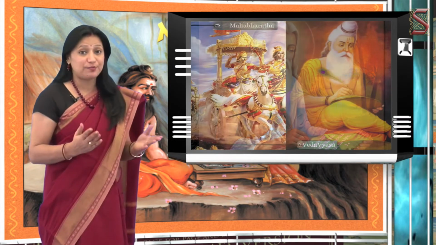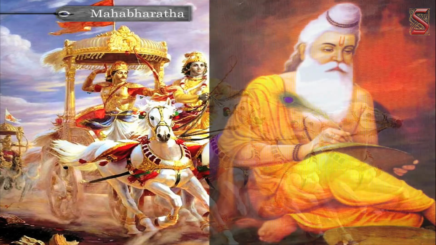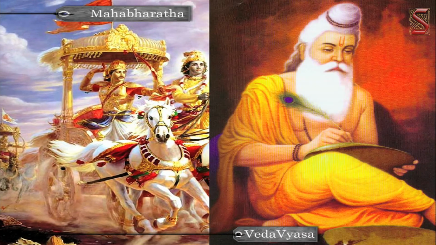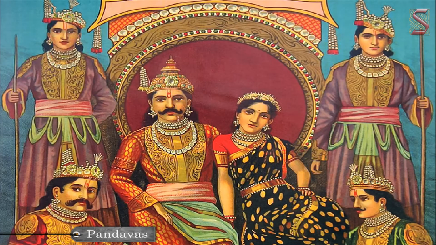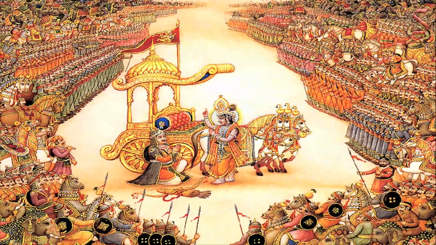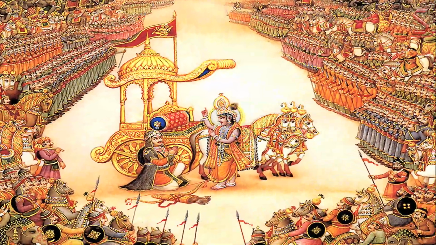Although it was initially recited orally by the preachers, it was later edited and written down. The Mahabharata, composed by Vyasa, is another epic of India, which is the story of the conflict between the Pandavas and Kauravas over power of the kingdom. It ended in a great war that was won by the Pandavas with the help of Lord Krishna.